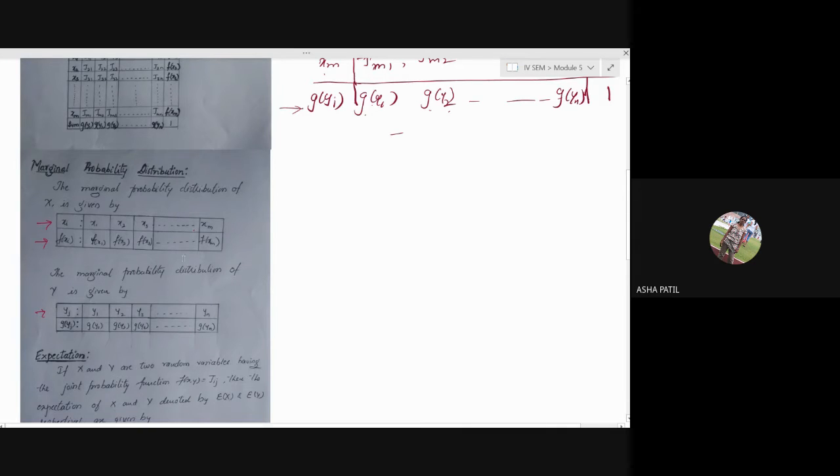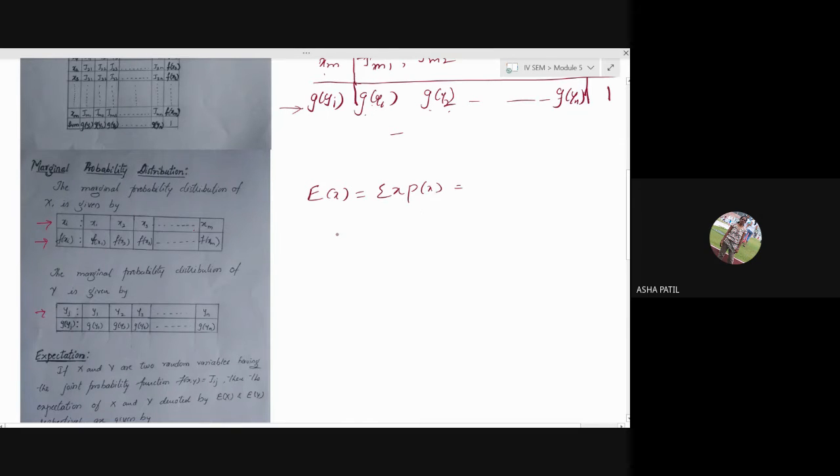Now moving further, let's go for expectation. You already know the formula for expectation. What do you mean by expectation of x? How will you write the formula? Summation x into f of x. Yes, it is nothing but mu we have written. If you take the expectation of x, it is summation of x into p of x, or maybe the integral of x into f of x. That is nothing but mu.